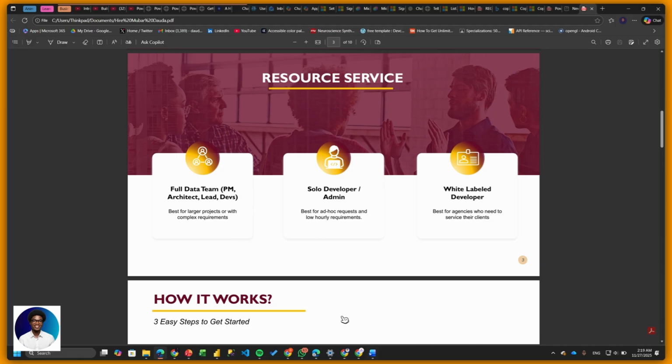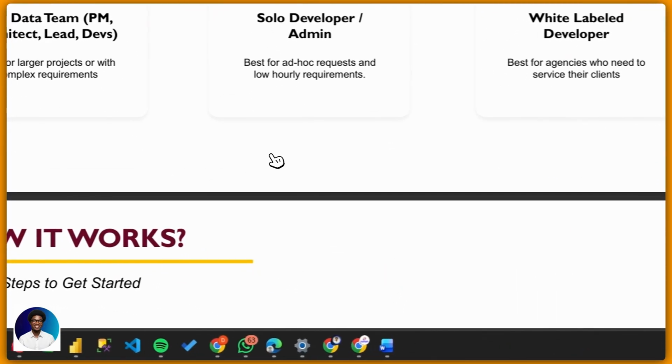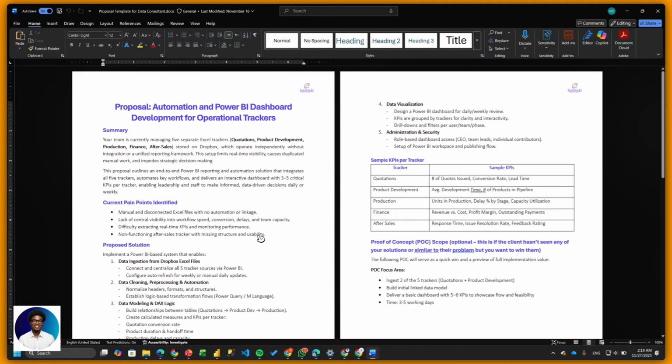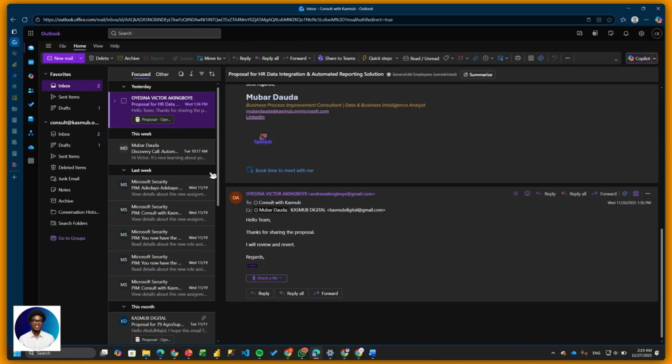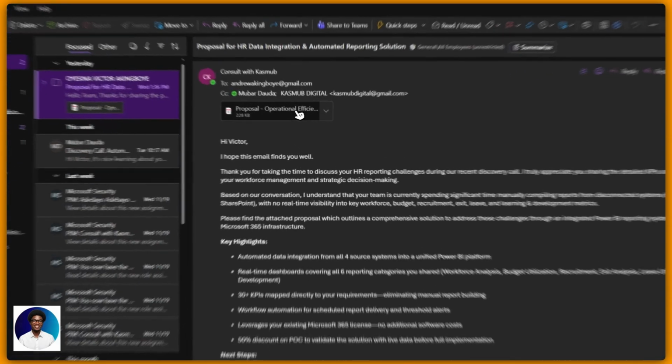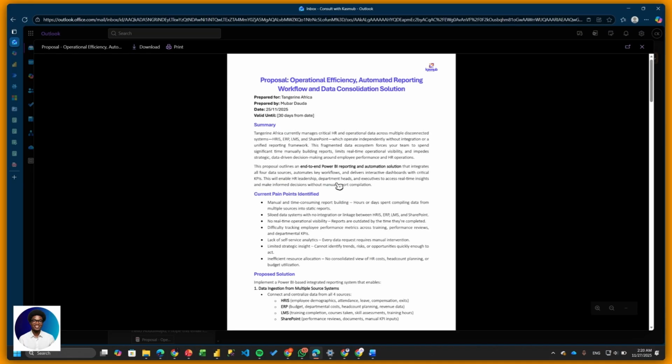I have a full data team using this exact proposal I shared, because this positions me as an agency, though I'm still only the one. I got a message, a lead, a few days ago, and this is it. So you draft your proposal well and put this same option, which is what I used to tell you here, because you will not charge less for what you want to do. That's what I'm showing you here, and that's how you got this. Same as that template, and you see everything you want to see.